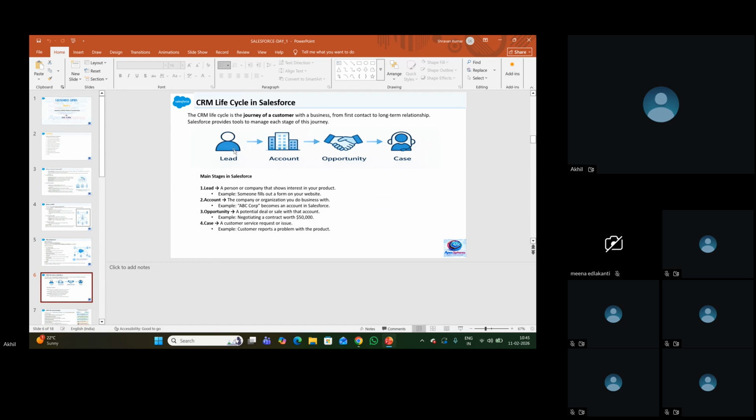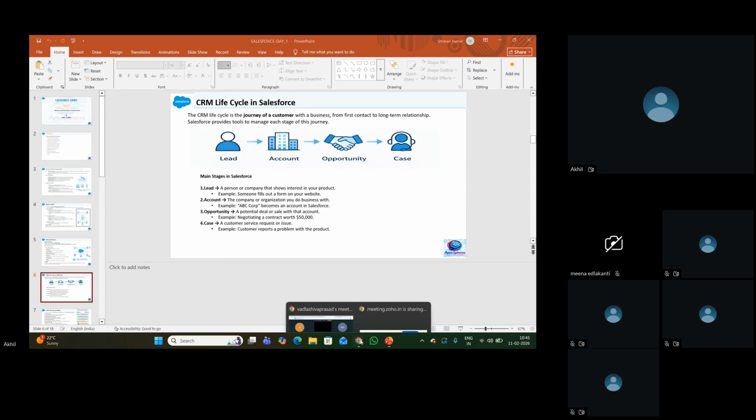Once the lead has shown interest and wants to purchase our product, then for maintaining that customer, we'll have the customer data in the form of two to three records, or rows, in Salesforce: Account, Opportunity, Case.